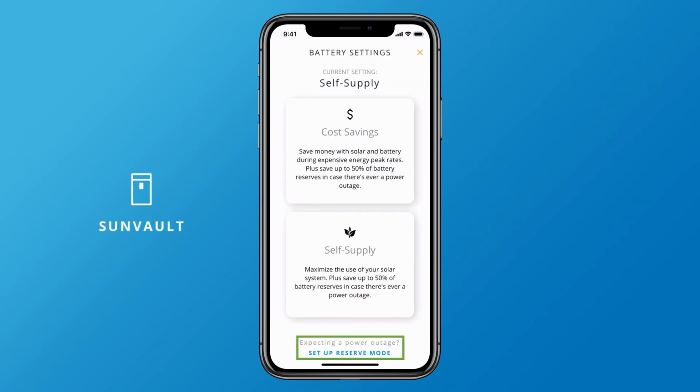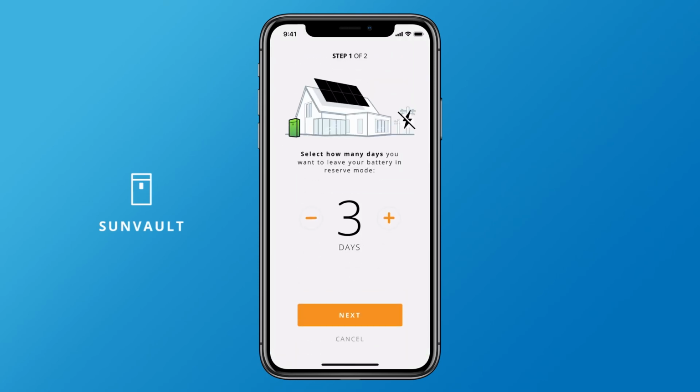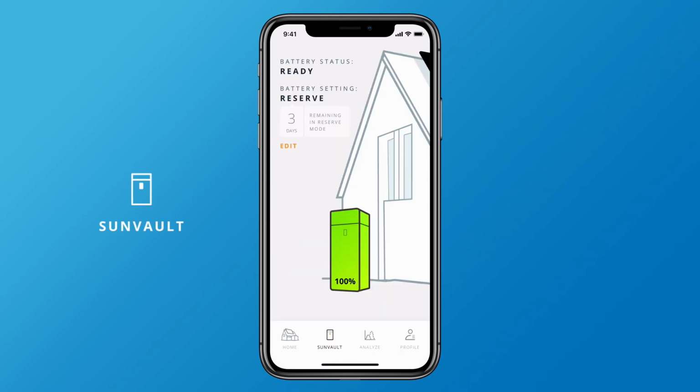On the other hand, if you know rolling blackouts or storms are headed your way, you can reserve 100% of your battery in reserve mode. This mode ensures your battery is fully charged and on standby, ready to power your home when you need it